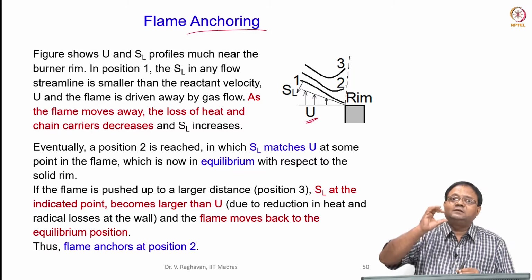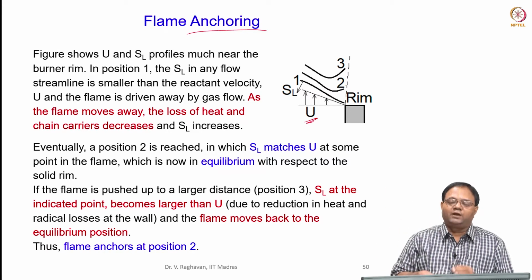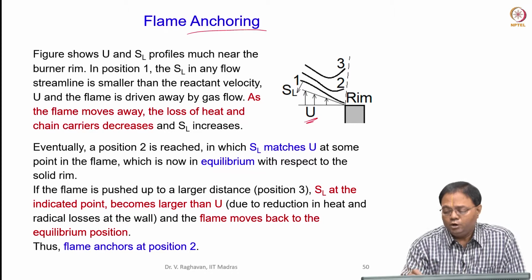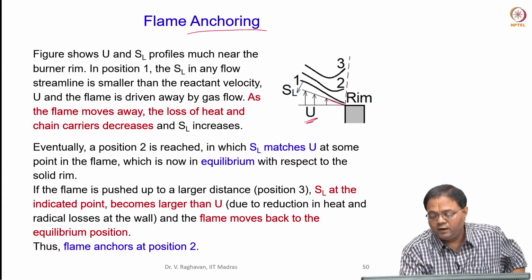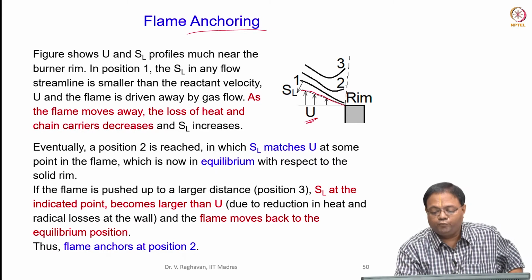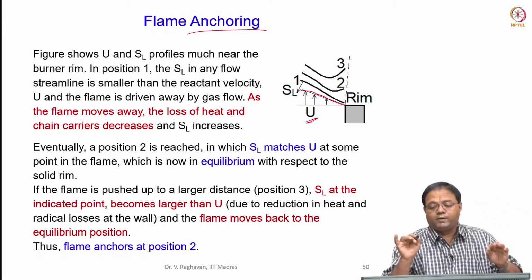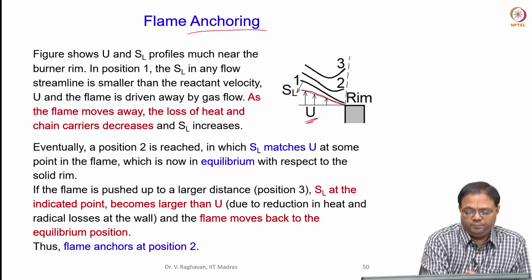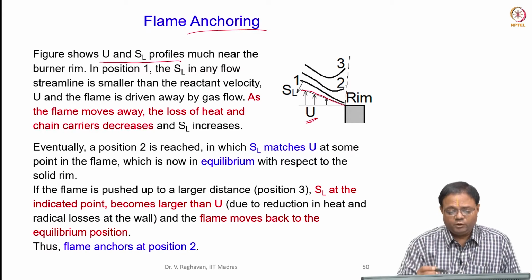The flame can be perturbed, but again it will come and reach the equilibrium position. Once this range is violated and the velocity is increased beyond this range or decreased beyond this range, then there will be an instability. So again we are concentrating close to the rim. You see this straight line here is the U profile, and this SL profile I am giving. In the previous case we did the other way. So now the equilibrium point where the flame is stable we are going to see. The figure shows the variation of U and SL along the radius.